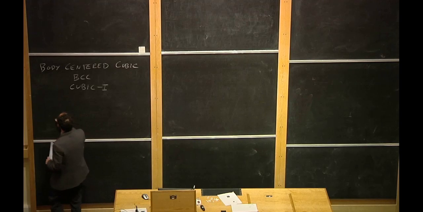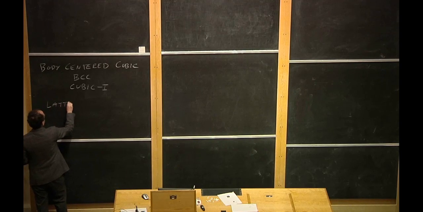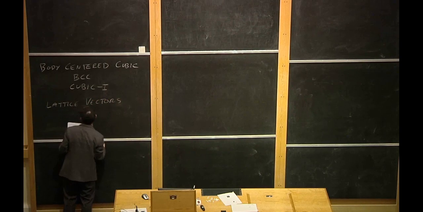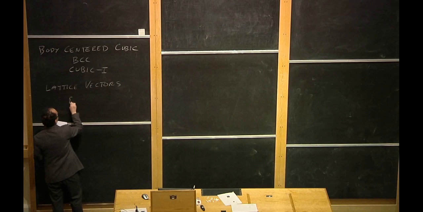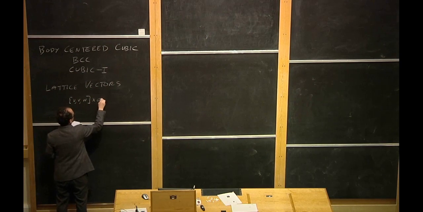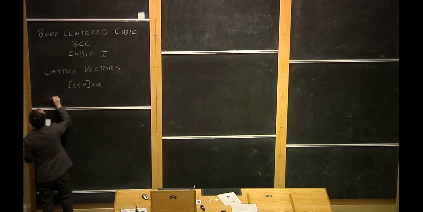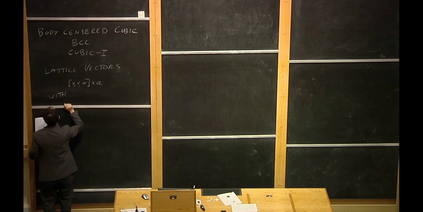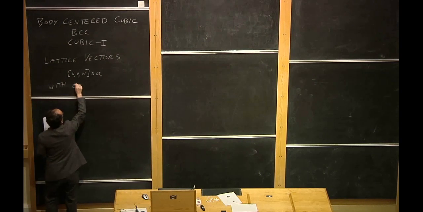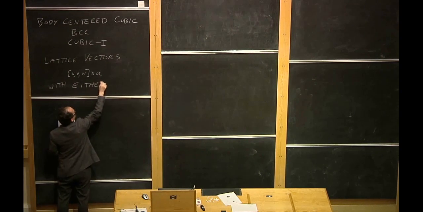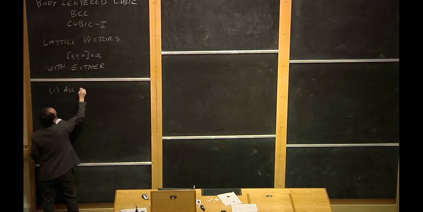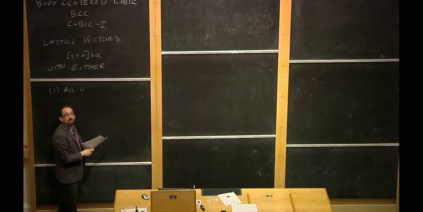So what we should do is we should write down the lattice vectors. Lattice vectors, which we'll write as u, v, w times the lattice constant A with the following possibilities. Possibility 1, either, maybe I should say with either all,